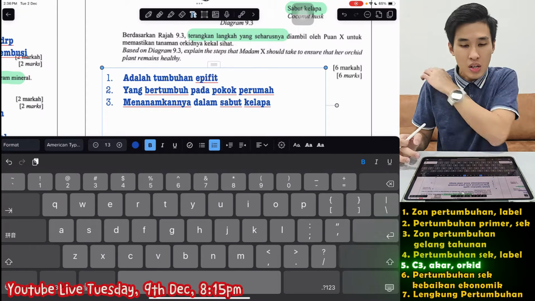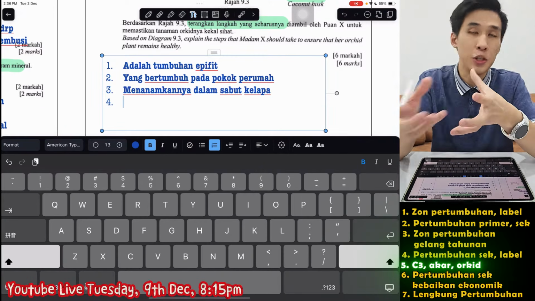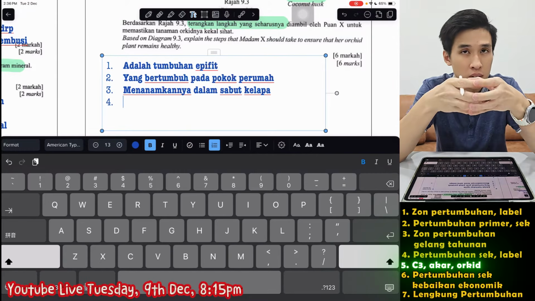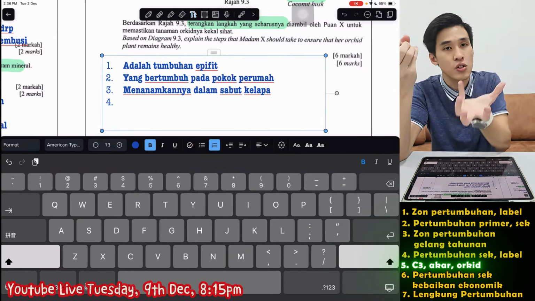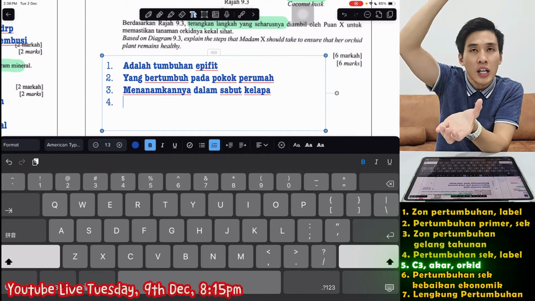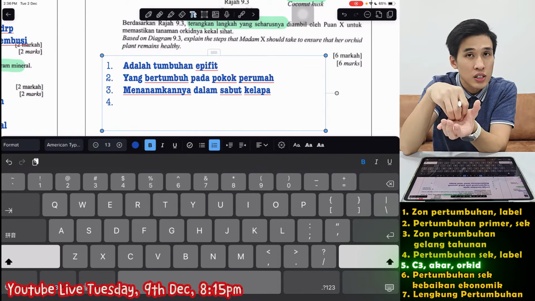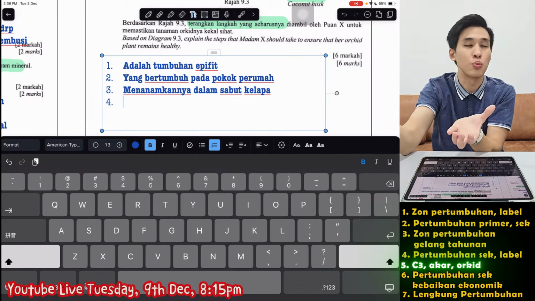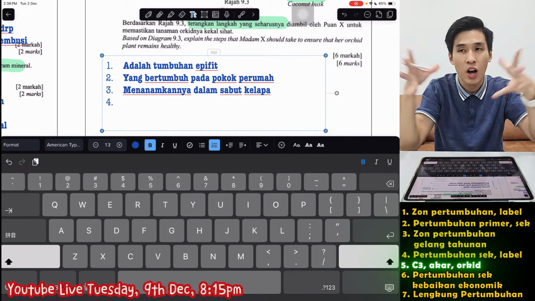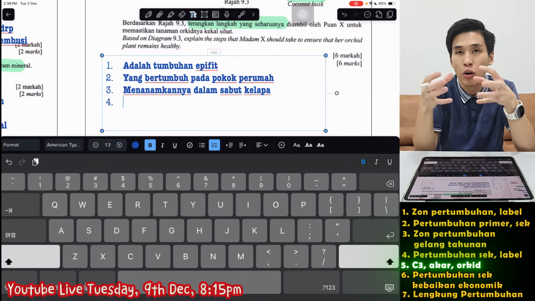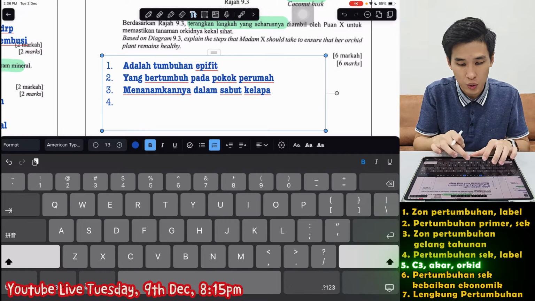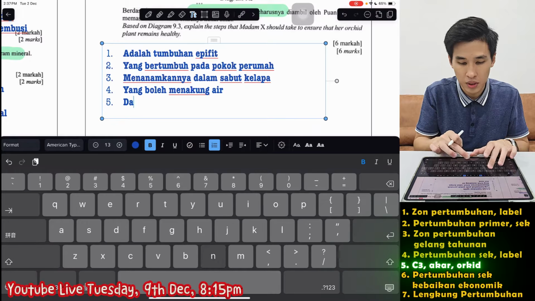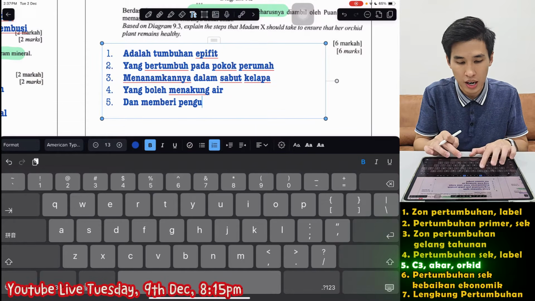kelapa. Now why? First, these kind of plants, they need to grow on something. Number two, because you cannot use soil because their roots will die. So coconut husk, since dia macam mangkok, it can accumulate water when it rains. And number two, their roots need a lot of air to survive. So since you use the coconut husk without putting the soil, dia ada banyak udara, a lot of air because coconut punya shell a lot of lubang, a lot of holes. Yeah, so menakung air, can accumulate water dan memberi pengudaraan